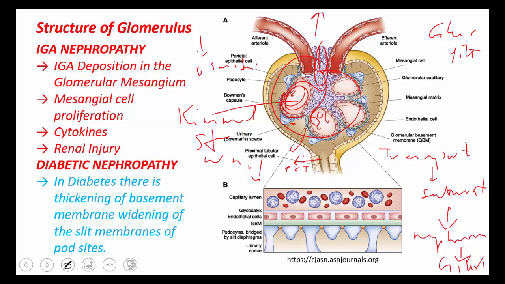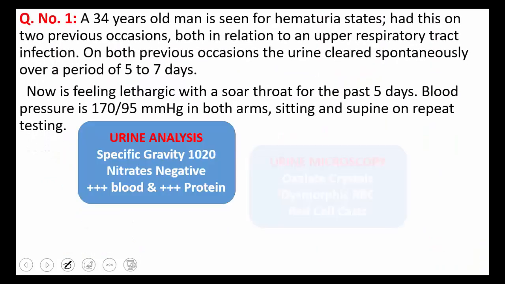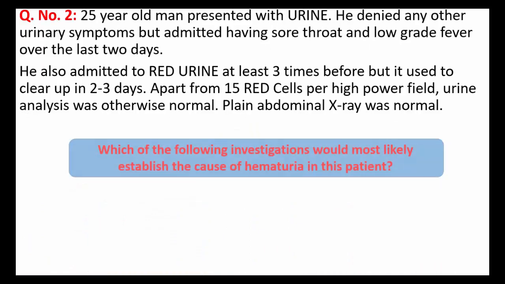So when the protein leaks, diabetic nephropathy is especially characterized by persistent albuminuria greater than 300 mg per day, which will be confirmed on at least 2 different occasions taken 3 to 6 months apart, and there will be progressive decline in GFR and elevated blood pressure. The therapeutic goals for blood pressure will be less than 130 by 80 mmHg, and HbA1c less than 7%. So now we have discussed what will happen in diabetic glomerulopathy.